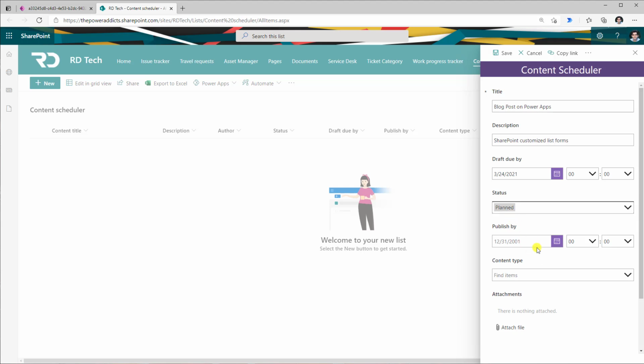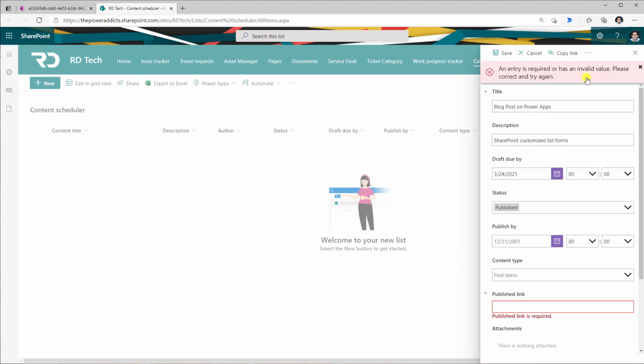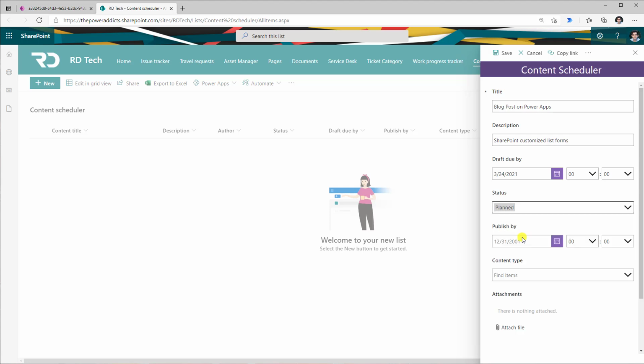Notice I do not see that option for published link because that will only show up if the user picks published, and that would be a mandatory field. If I try and save this form, it won't allow me to do so because published link is a mandatory field in my Power App customized form. So I will switch back my status,